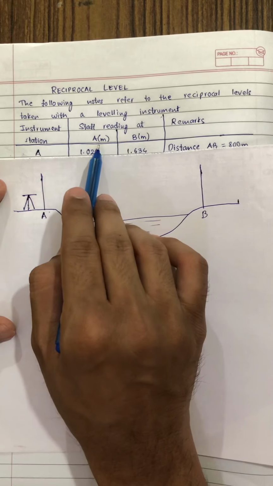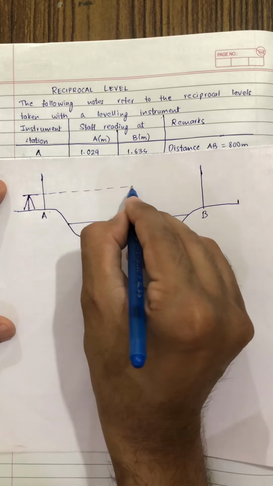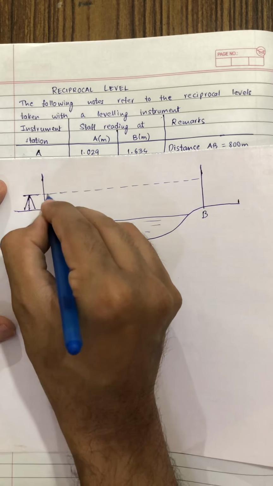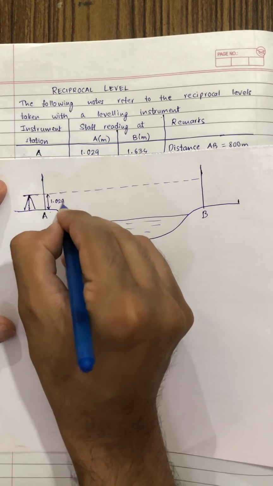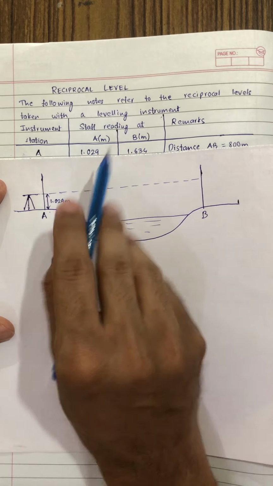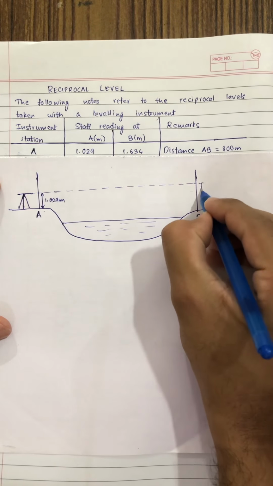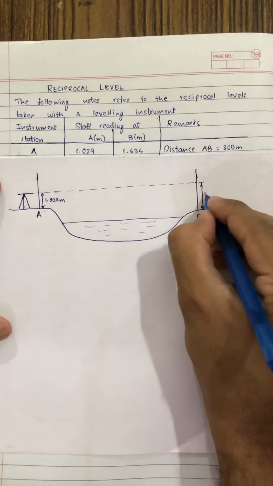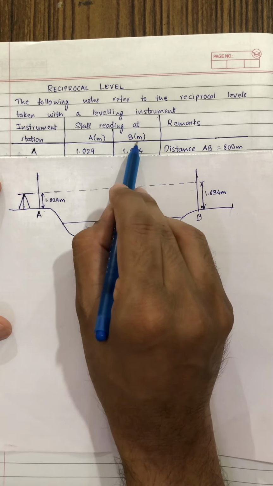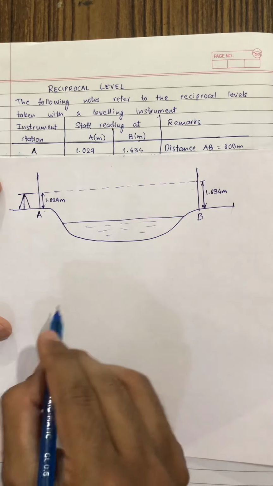So the staff reading at A is given as this, that is 1.029 meter. And at B, the staff reading is given as this height, that is 1.634 meter. Now when it is written 1.634, this unit is in meters. All the units are in meters. Now in the second setup,